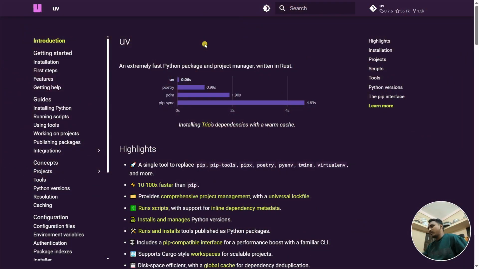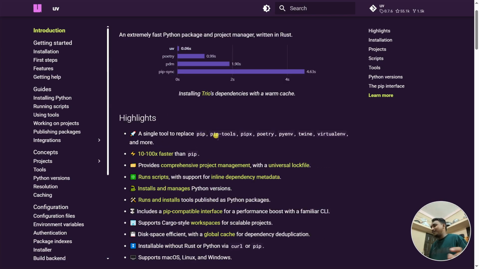So this is the official website of UV that you can see: an extremely fast Python package and project manager written in Rust. That's why it's fast, because it's written in the Rust language. And if you see the graph, you can see how fast it is, 0.06 seconds, how quickly it installs packages and also creates the project structures. So if I see the highlights, a single tool to replace pip, pip-tools, pipx, and so on, and also